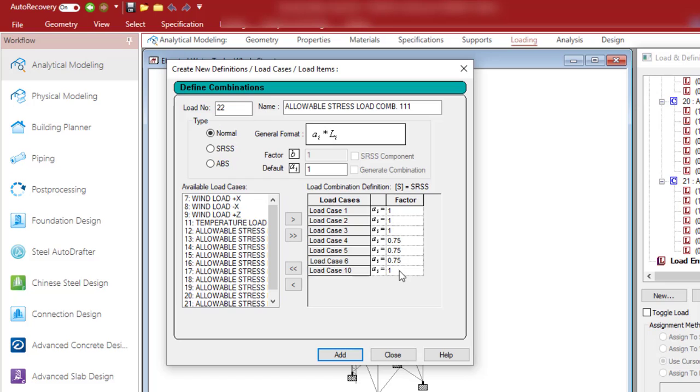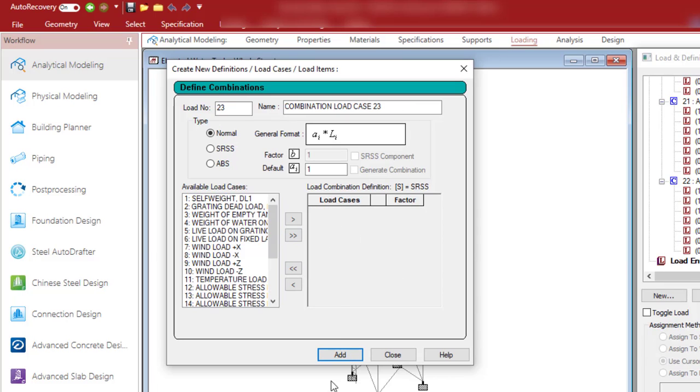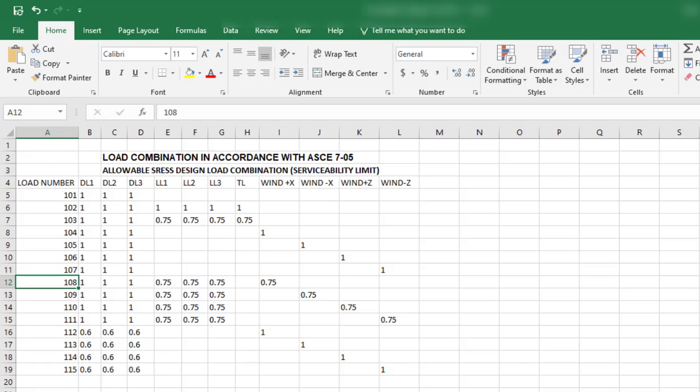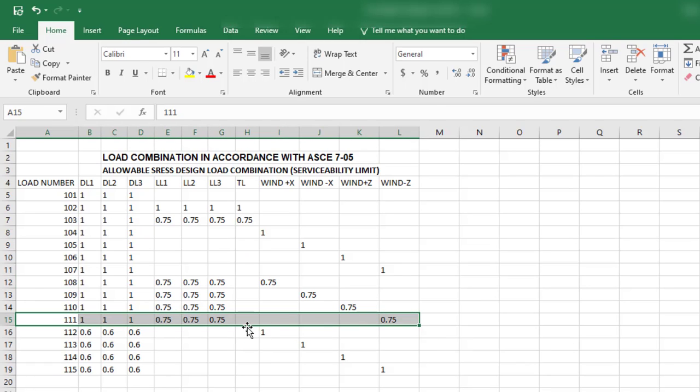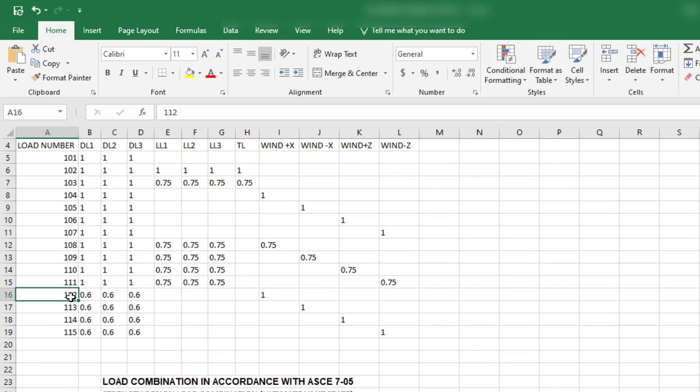Minus Z direction. Click on add. Okay, that's 111. Okay, then the other one is we now reduce the self weight. Assume the self weight is lesser this time. Then we apply wind load